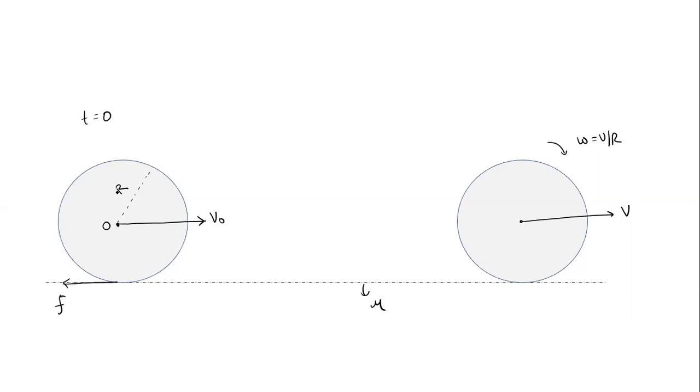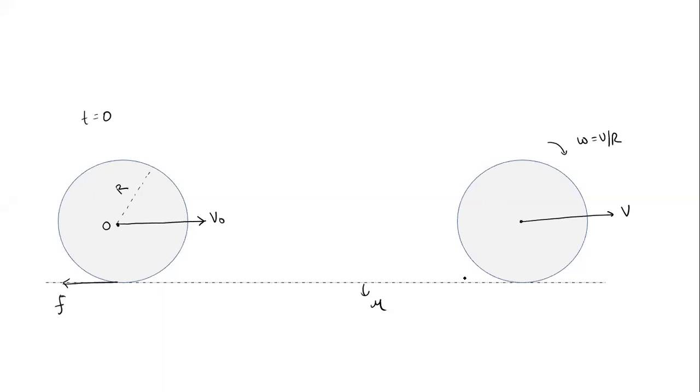Did you understand up to this point why the body starts rolling on the surface? When you give a linear velocity v naught, we are not rotating the body. Simply we are giving a velocity v naught on the body. Because of that v naught, there will be friction on the body, and that friction is opposite to v naught. Now what will happen? This friction will provide the torque, and because of that torque the body starts rotating, starts rolling, and after some time we will find that the body starts pure rolling.